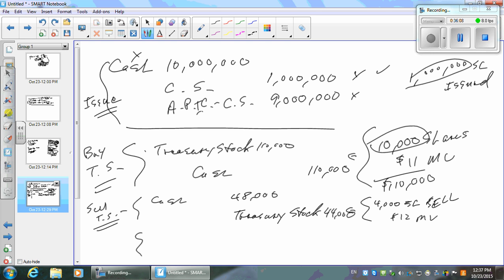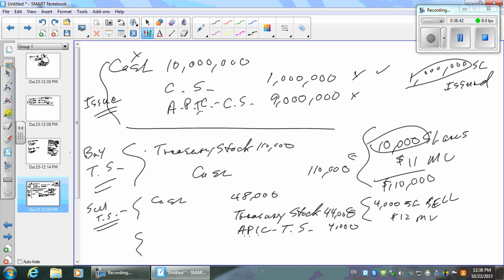I bought 10 and I sold off 4 of them, right? Now I still hold 6. So my treasury stock account would still have how much in it? 44 away from 110, 66, wouldn't it? Everybody good? Everybody staying with me? Okay, but what else would I have? What's that other 4,000? Well, here comes another equity account. There are several of them, right? What's this going to be? More additional paid-in capital. Additional paid-in capital from what? Treasury stock. Ta-da. Is that common sense or what?